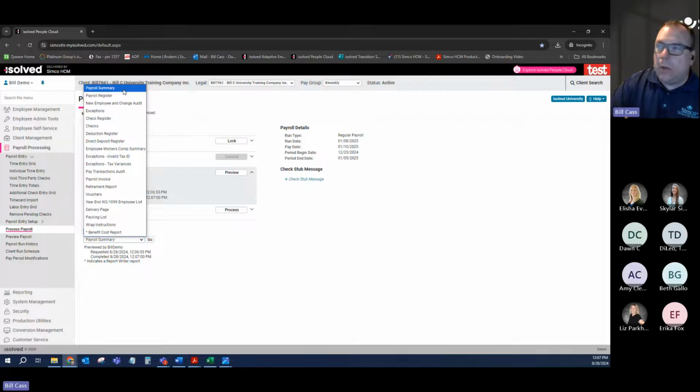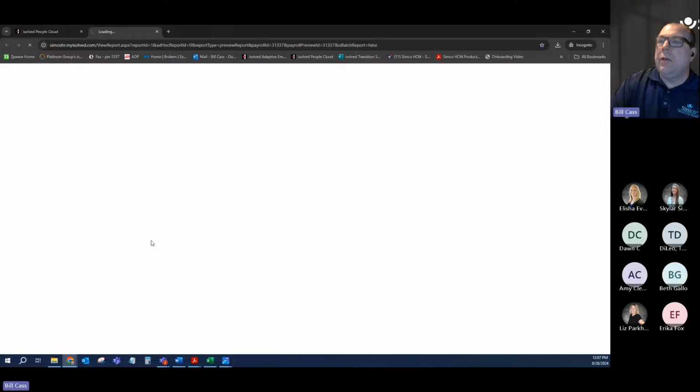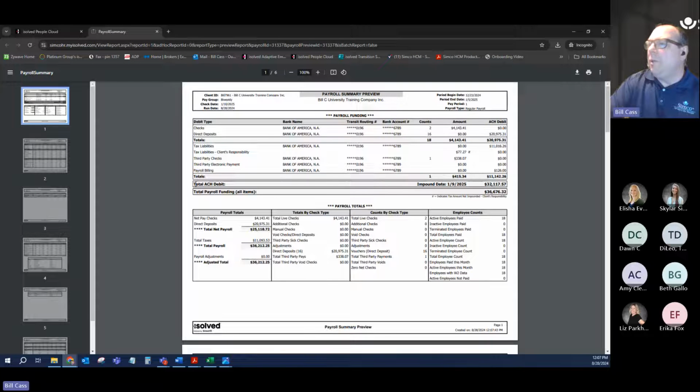Some of them I won't spend too much time on, but the payroll summary is your cash liabilities report, and then you see the breakout of taxes and third party payments like garnishments, things like that. So this is one of the places where the numbers won't make sense, but that's okay. Again, a lot of data, so it does take a little bit to build, but you can see right here